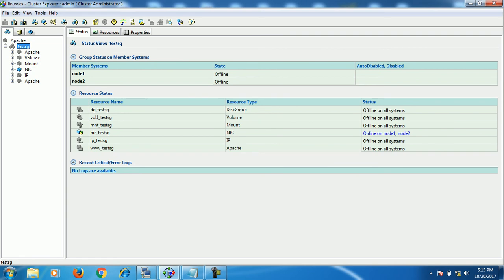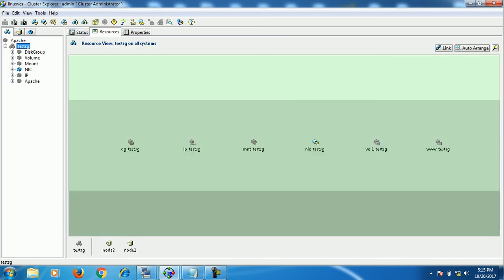Alright, now we have all 6 resources successfully added for our test SG service group, which is used for Apache service. Now after this, we need to set dependency of these resources. Okay, for this, just click on resources tab. Here, one resource is the parent and the other resource is child. So just click on link, and now here